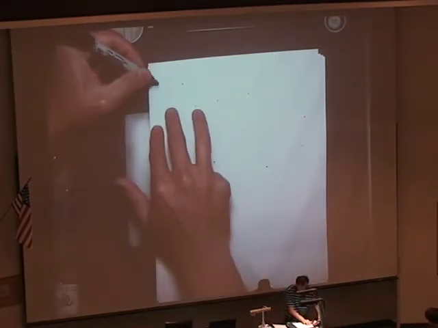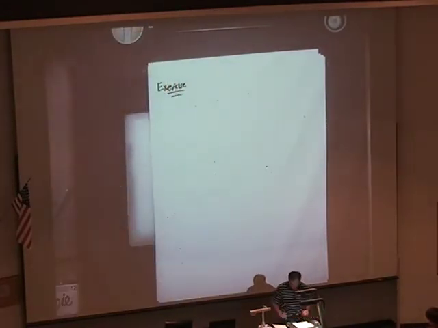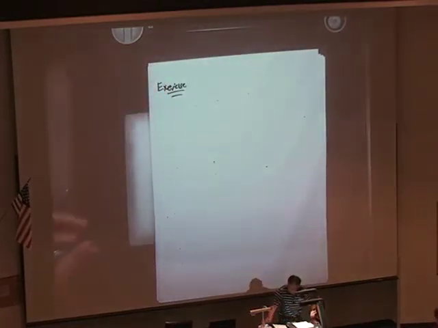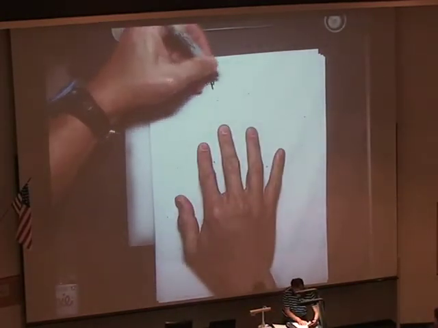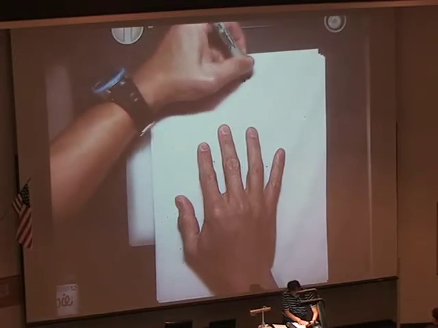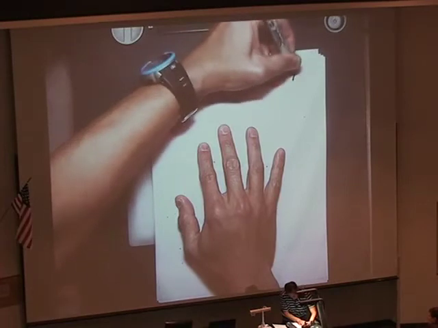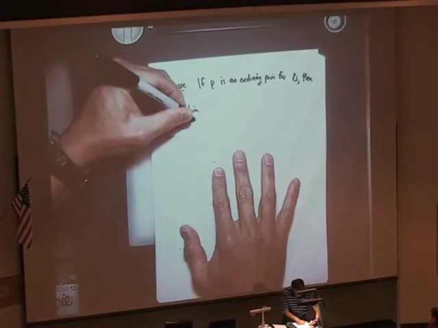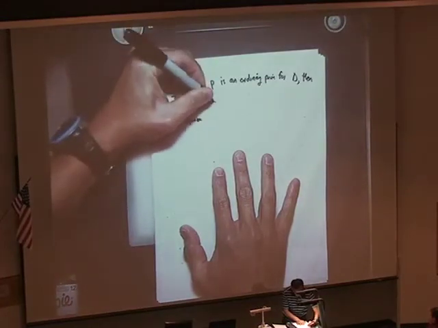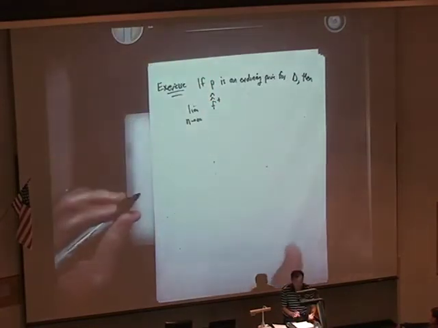So as an exercise, and what is the exercise? The exercise is that this F plus hat of z that has integer coefficients, show that if p is an ordinary prime for delta, then the limit, I'm going to state it in a kind of lowbrow way, the limit as n goes to infinity of this F hat. In fact, this is not exactly right. There's a slight correction factor I have to make,